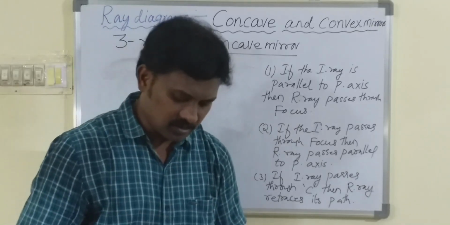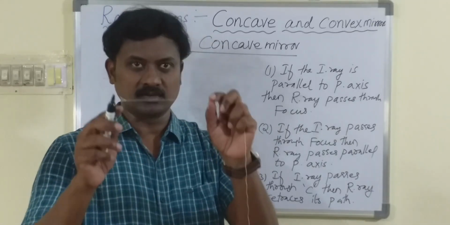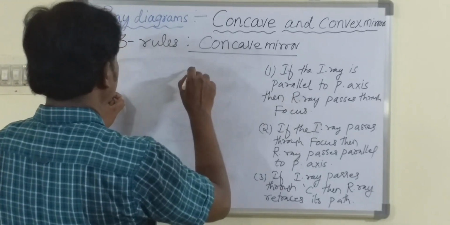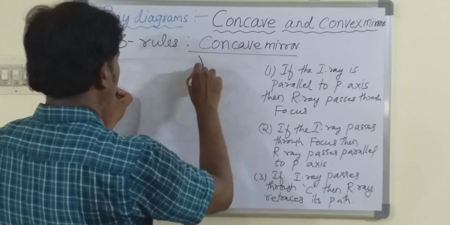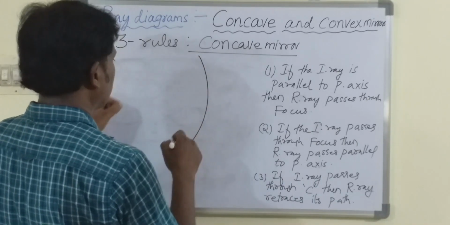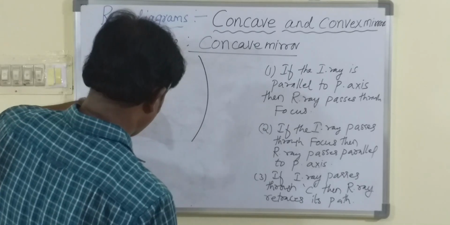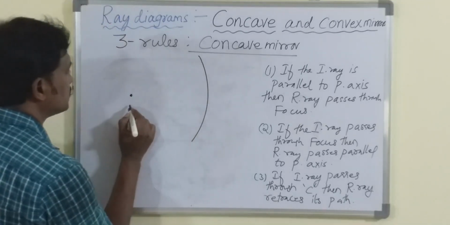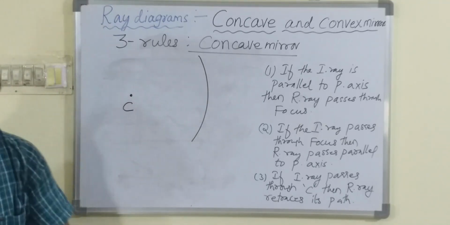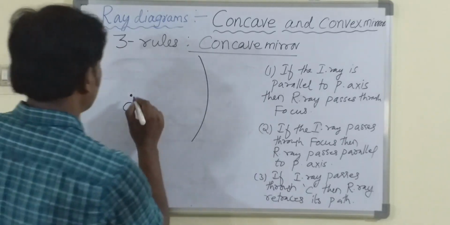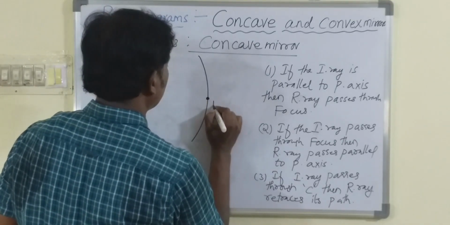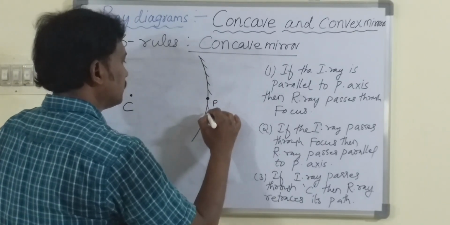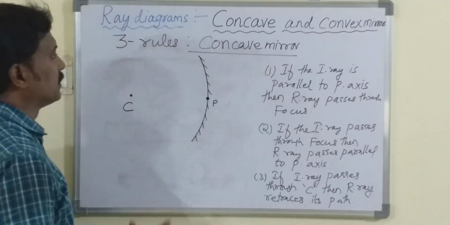Now in order to draw the concave mirror, I am making use of a thread here, children, right? So this will be helping me in drawing the concave mirror. Okay, so this is my concave mirror. This will be the center of curvature, and this will be the pole. Okay, and I'm shading the concave mirror. Now first case is,